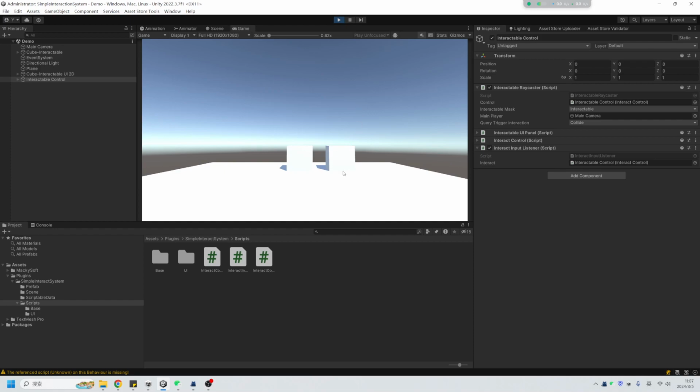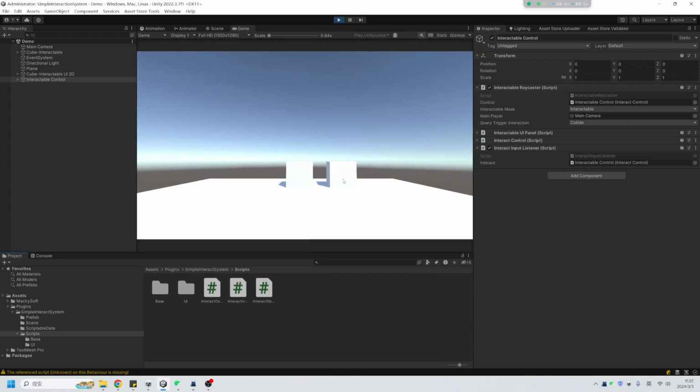So I already pressed the start button, and we see when my mouse hover over the object, these two cubes are interactable and they will show different UI. For example, this is a 3D workspace canvas UI, and this is a 2D workspace canvas. So that means my simple interaction supports any kind of UI, and we have a simple interactive input listener that works when you press E. It will try to interact the current